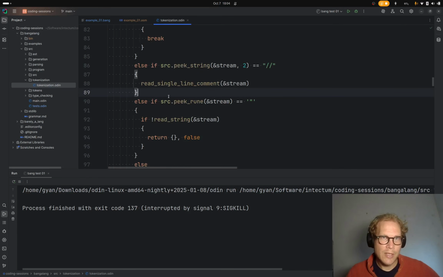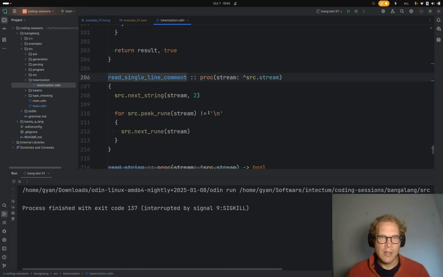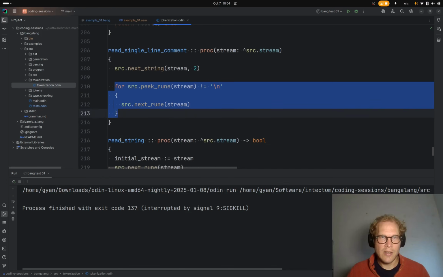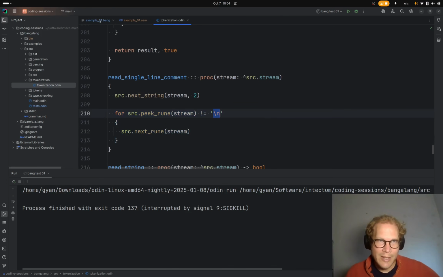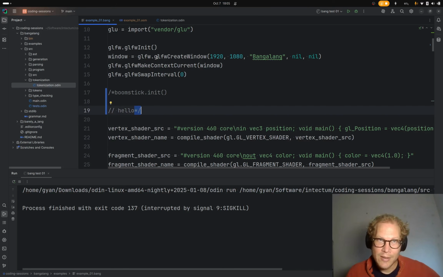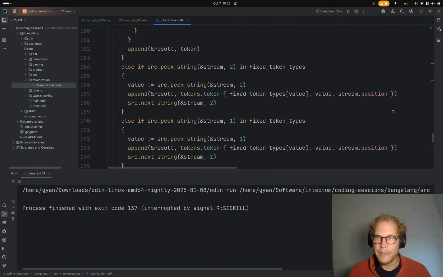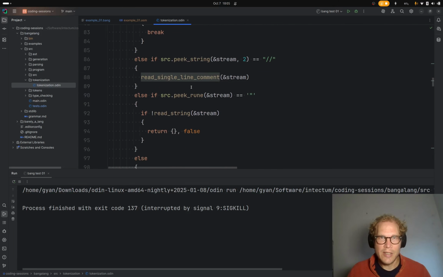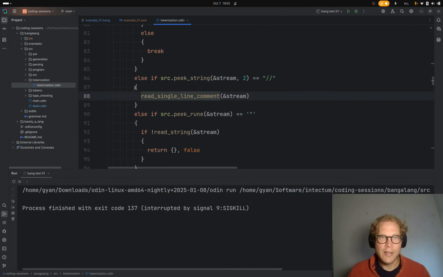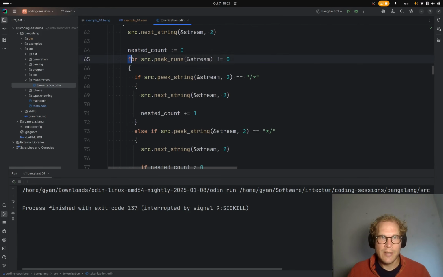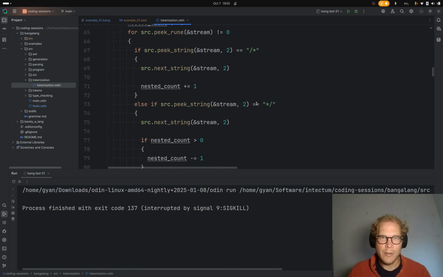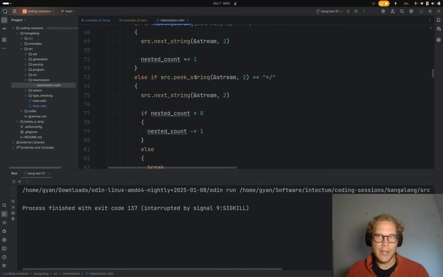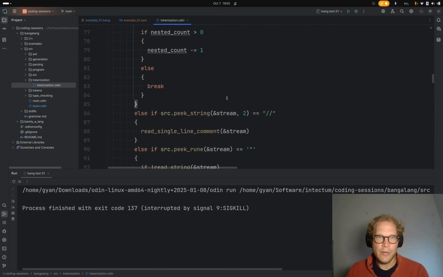But actually, because in here it reads the single line comment, which is everything up until the new line character, including these characters, it's doing that here. And then when it's finished doing that, it continues the loop. It continues as if it's still in the multi-line comment. And I think that's wrong. So I think the way to resolve that,